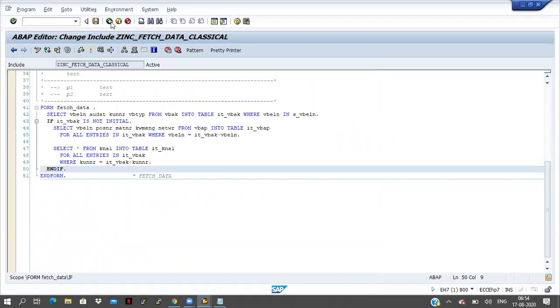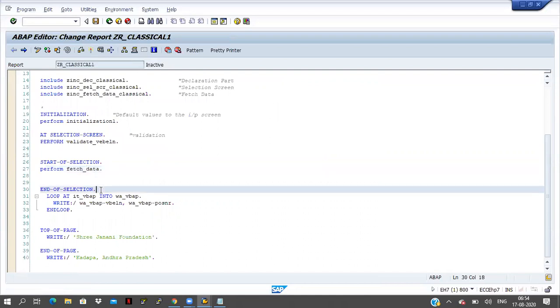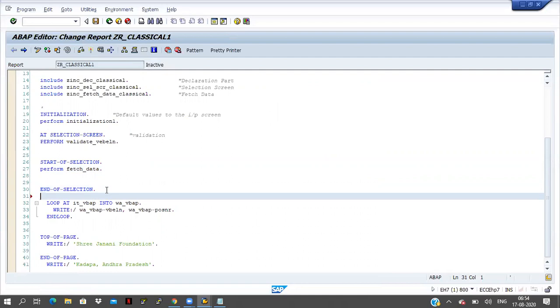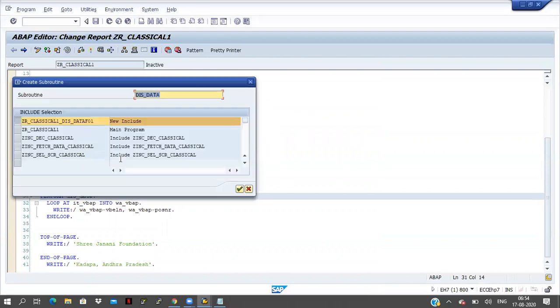Click on the back button. Okay, now end of selection is coming here. One more perform I'm writing, this is for display data, right? So I am declaring this form once again. I'm double clicking on the name, click on the S button.